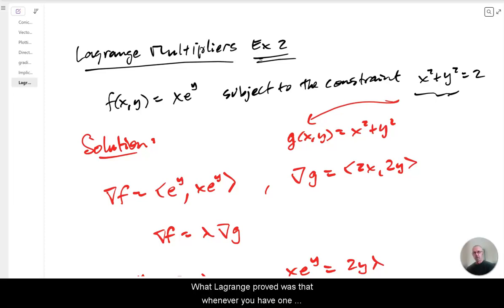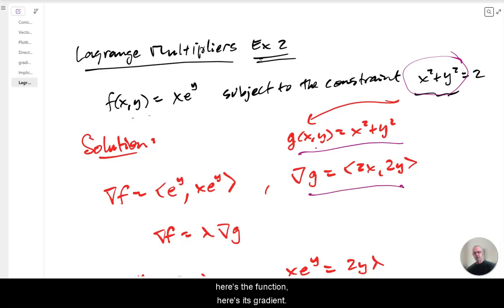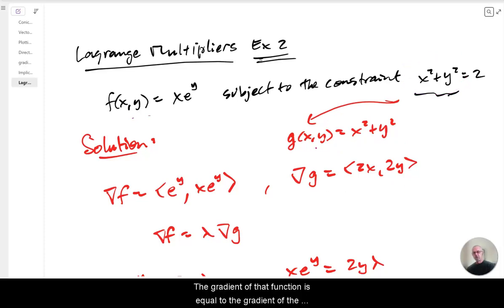What Lagrange proved was that whenever you have one function constrained by another and you're trying to find the max or min of this function constrained by this one, he showed that the gradient of this function, here's the function, here's its gradient. The gradient of that function is equal to the gradient of the original one